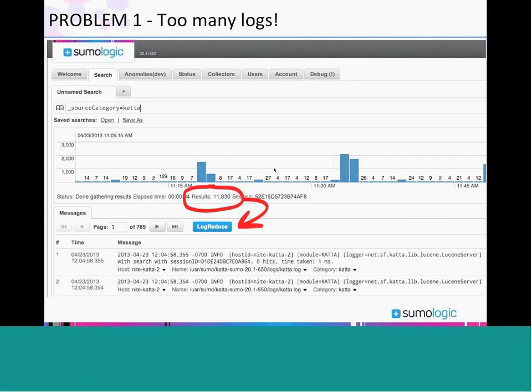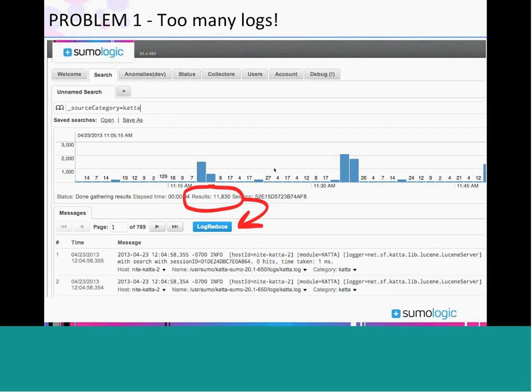So the LogReduce technology is what you can get to by pressing this LogReduce button. After you've run some search, and you can say, well, more than 10,000 logs is just too much for me to really read one at a time, you hit LogReduce, and it launches something that we call Summarize Query. So LogReduce is the underlying technology, and Summarize is the actual feature that leverages it. I'm going to be using them interchangeably today, but that's just so it's clear with those two terms.